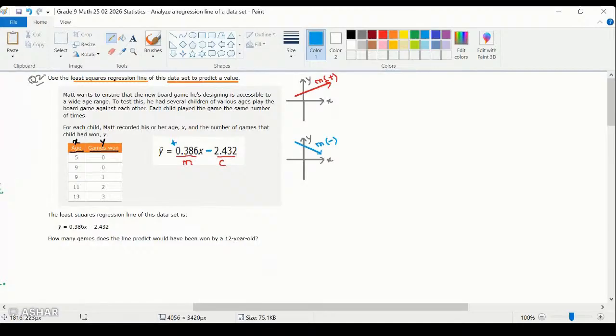That means the line will be increasing. Okay. For this given information, what they're saying is the least square data for the regression set for this given equation, we need to find how many games does the line predict would have been won by a 12-year-old. For a child that has an age of 12, we can copy the